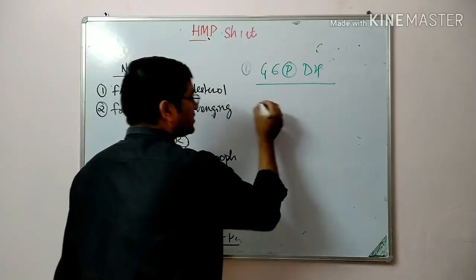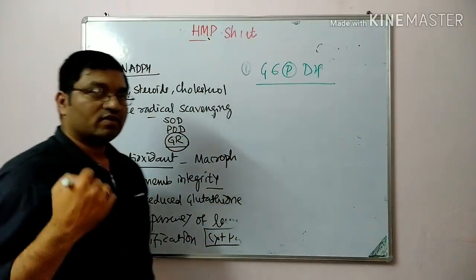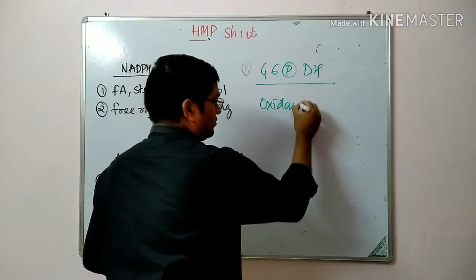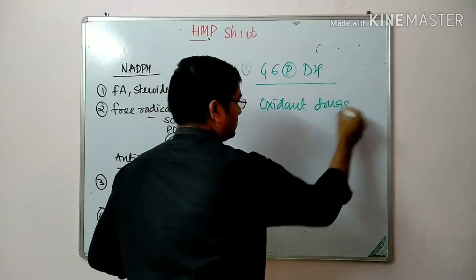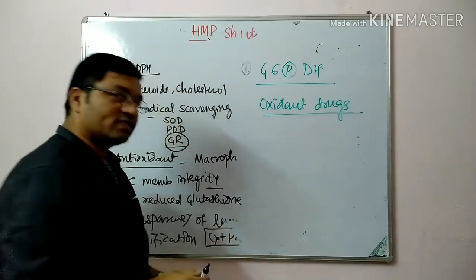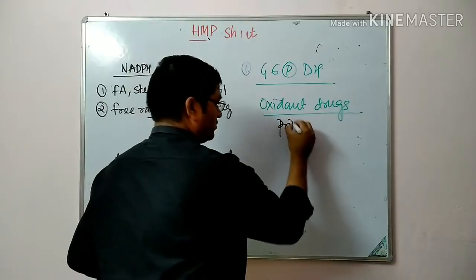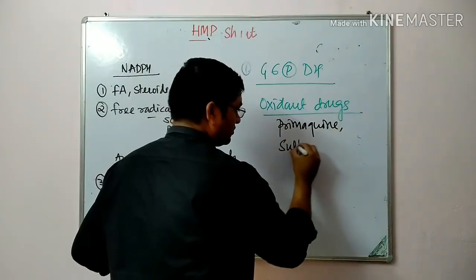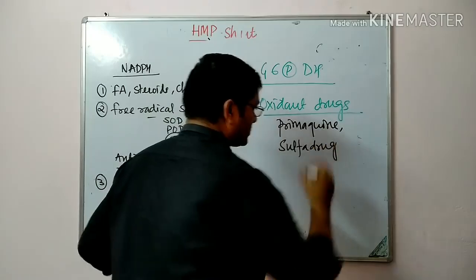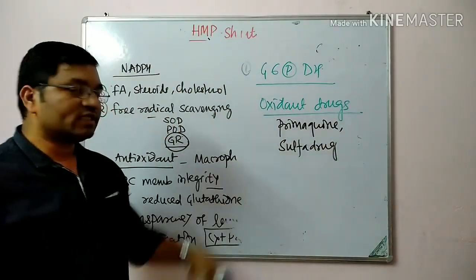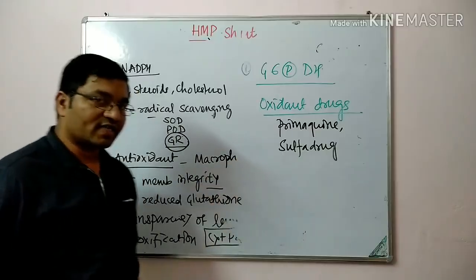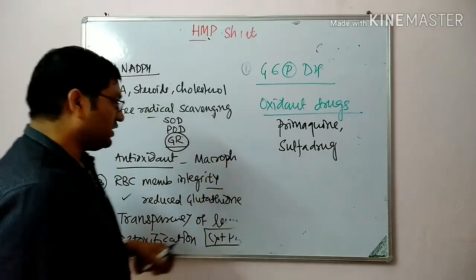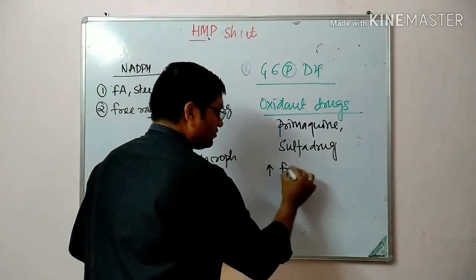As such, it is an asymptomatic condition, but when oxidant drugs are given in the treatment, for example primaquine or sulfa drugs, that is sulfamethoxazole, or some antipyretics, that is acetanilide, they increase the production of free radicals,